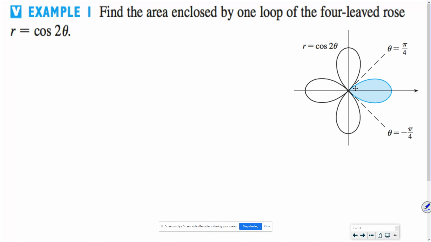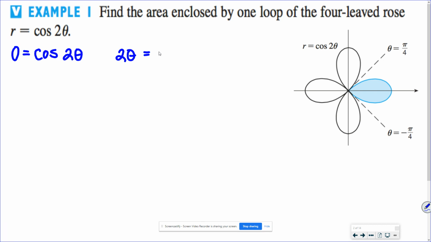Or r of 0, sorry. The other thing you could do is, when you graph it and you notice the corner of the leaf is at the origin, you know that r is equal to 0 there. So rather than playing around with the theta values in a calculator, you could find them by hand by looking for when cos of 2 theta is equal to 0. So what you would do is you would say, when is cosine 0? Cosine is 0 at,